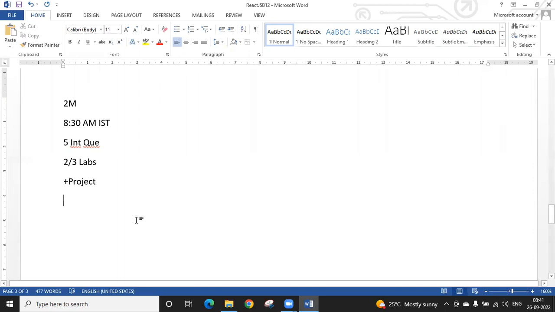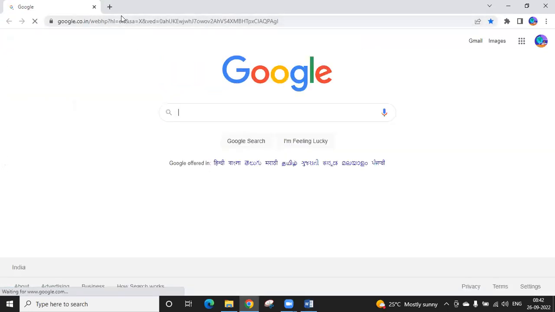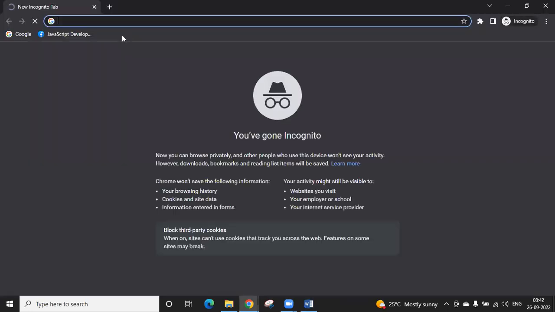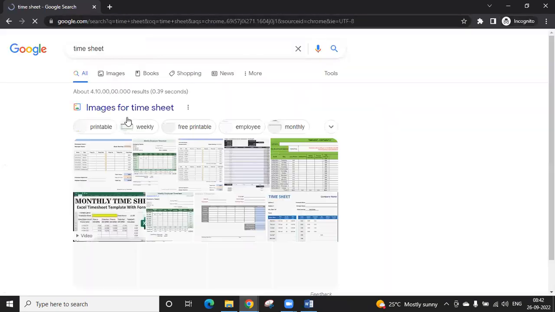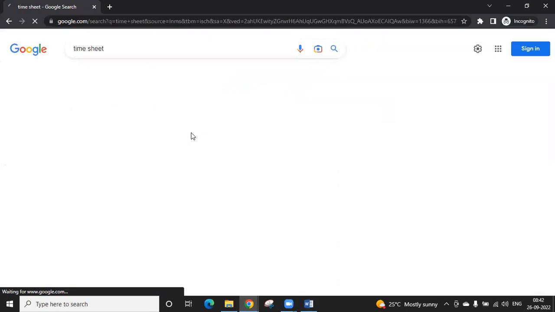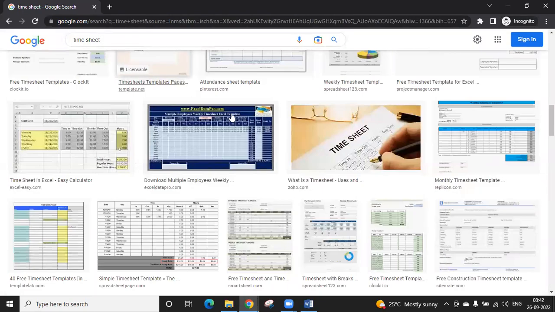Daily, please practice 1 hour at minimum; the maximum is up to you. Take a different scenario each time. For example, sir, I want to prepare a scenario. Which scenario do I need to prepare? Don't worry. For example, open Google and type something, like timesheet. Go to the images and take a screenshot. Then try to implement it. This is the kind of thing.